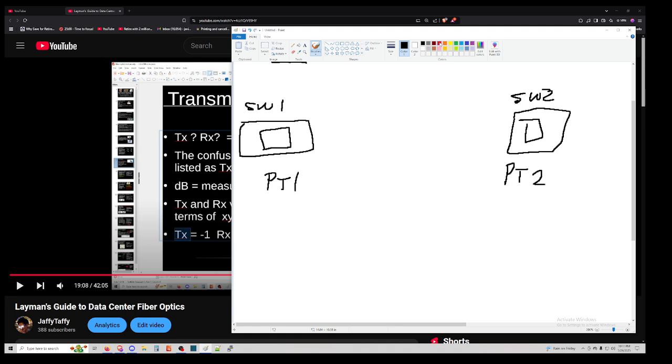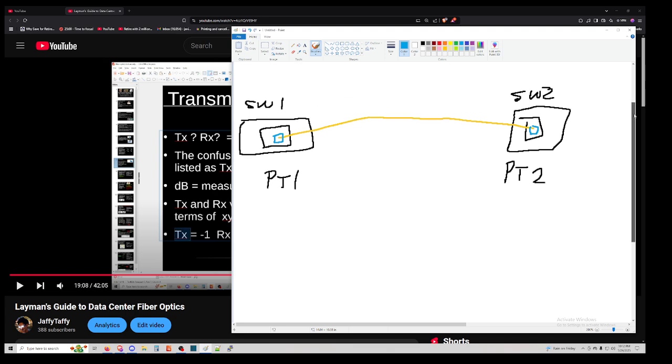I have fiber, or copper, or whatever you want to call it, but let's go with fiber. If I have fiber connecting these two switches together, I usually will have a little device that plugs into the port known as an optical transceiver. They come in many different models, shapes, bandwidth sizes, speeds,